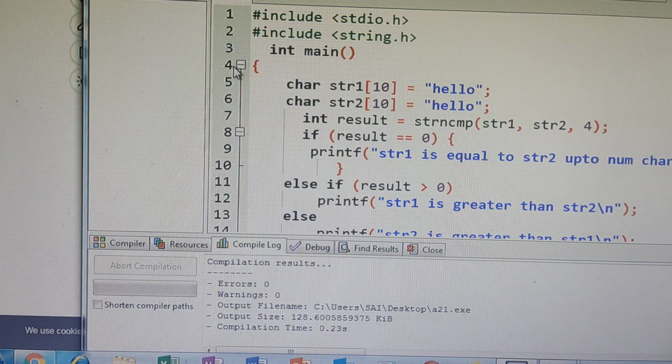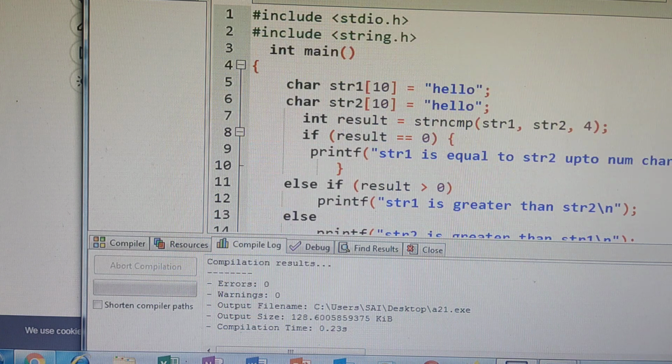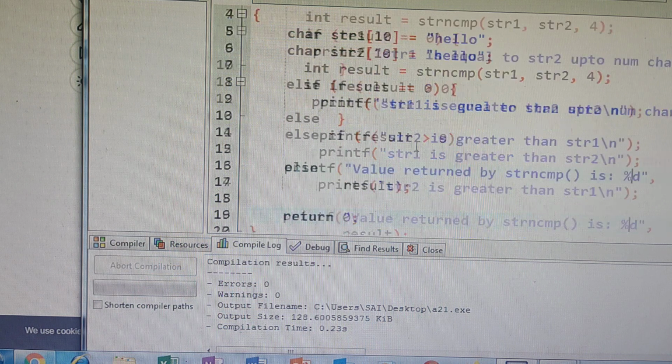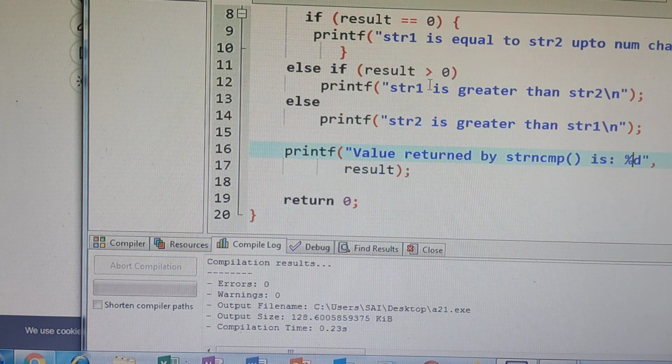Okay, so these are your string functions. Actually in these programs, some errors are there in C programming, so I am showing this program in C++. I will check this program in C and again explain how to execute it. Okay, so this is about string manipulation functions.